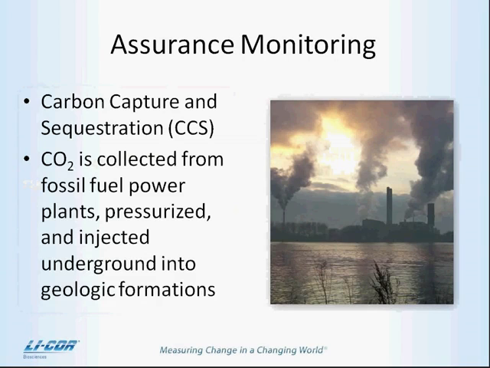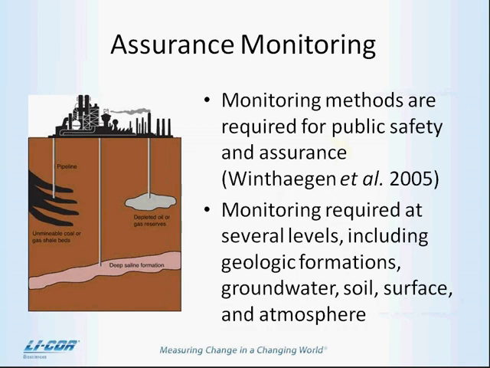Carbon capture and sequestration is probably the newest application that could benefit from these types of measurements. Carbon dioxide is released by power plants and other industrial facilities. It is collected, pressurized, and injected underground into geologic formations, usually emptied oil reservoirs. Ideally, this carbon would remain underground for thousands of years, effectively offsetting or at least reducing CO2 emissions into the atmosphere. For this reason, sequestration fields must be monitored to make sure the CO2 doesn't leak out of the reservoirs